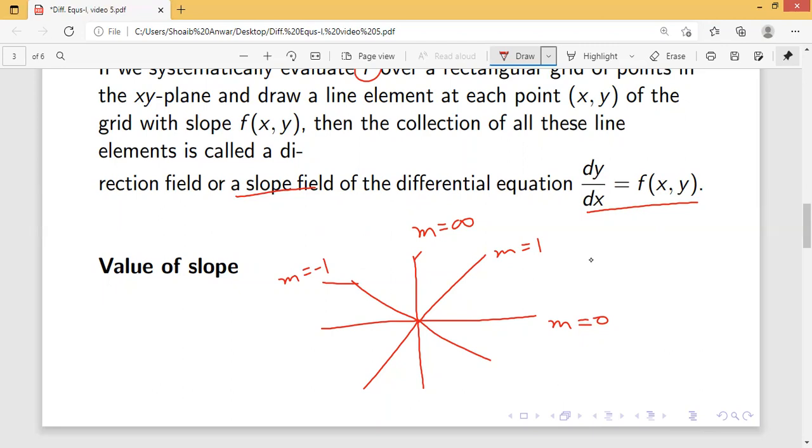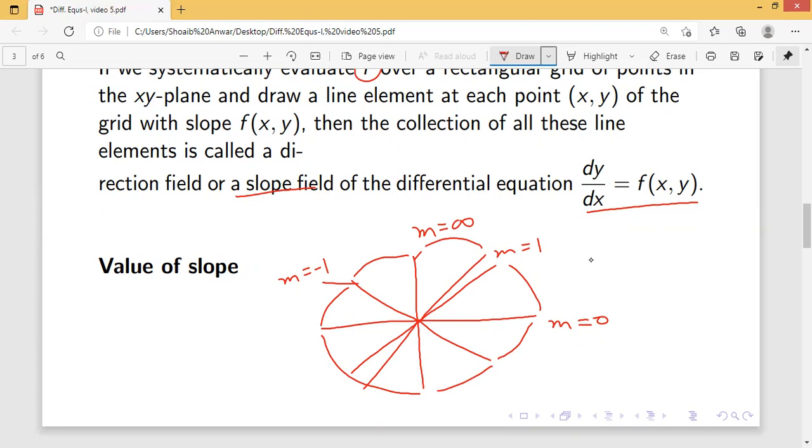And for any line, for example, if you get a slope 0.9, of course that line would be like that, meaning its slope will be less than 1, because slope varies from 0 to 1 here, and 1 to infinity here, and -1 to minus infinity here, and -1 to 0 here, 0 to infinity here, and minus infinity to -1 here, and finally -1 to 0 here. So if you find any value of slope, then you can plot that line according to these directions.